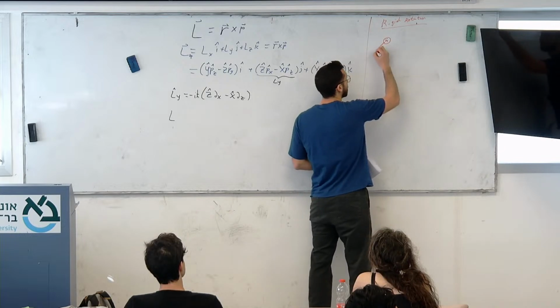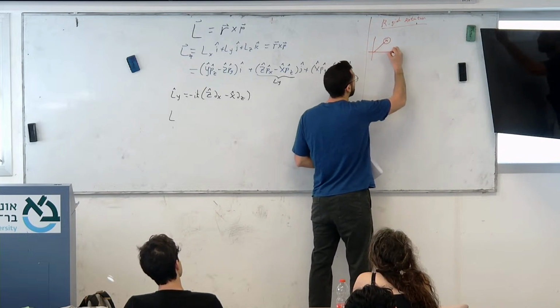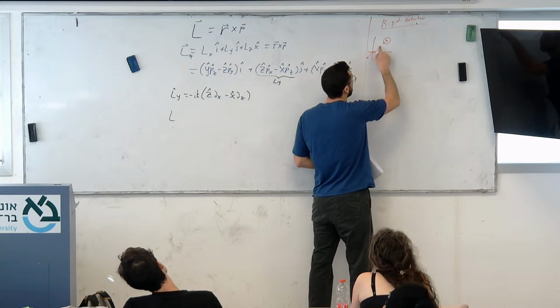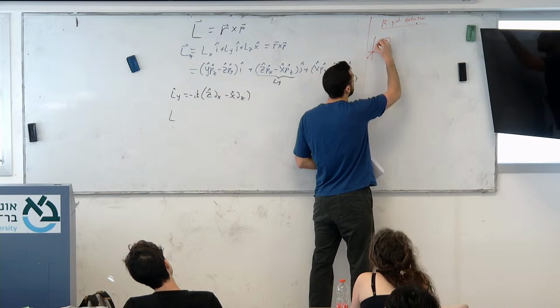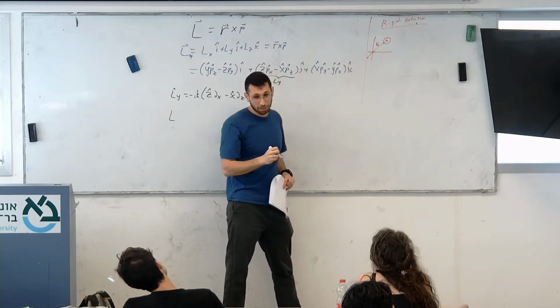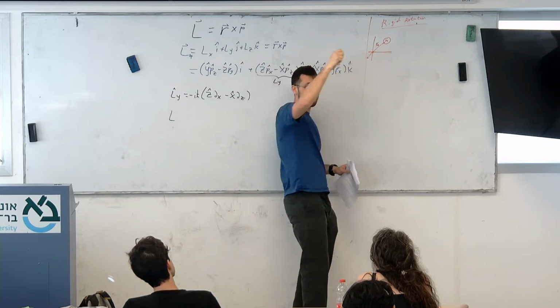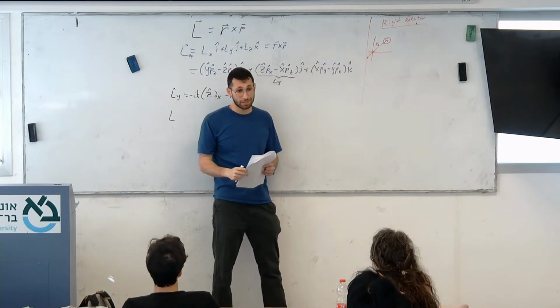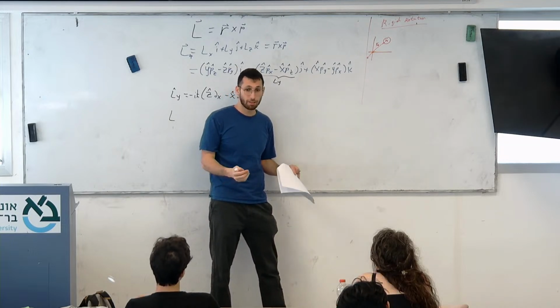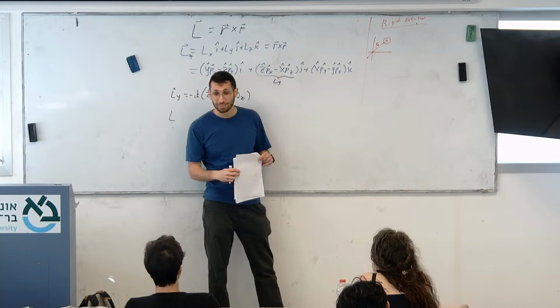You have one rod. It can be in 3 dimensions. The rigid part is because this is at constant length R0, and the rotator part is because this mass is rotating. A physical example that we use this model for is, for example, when you have a